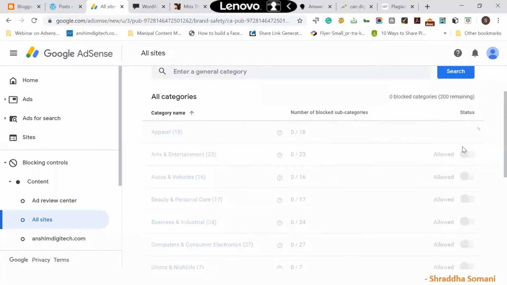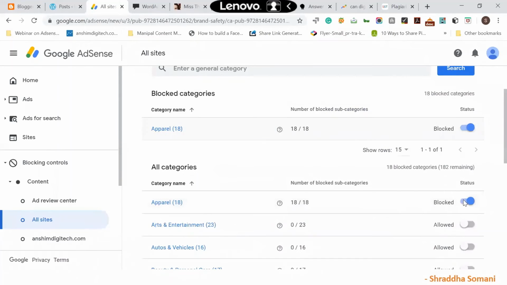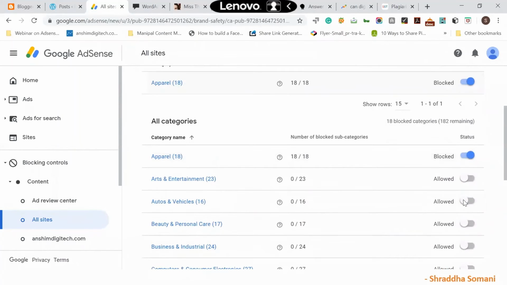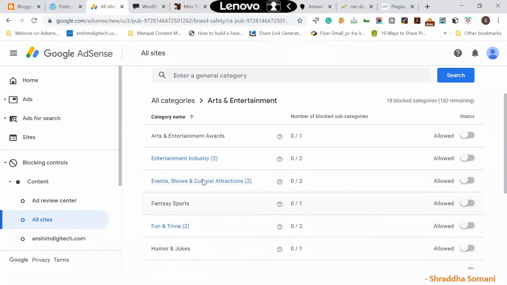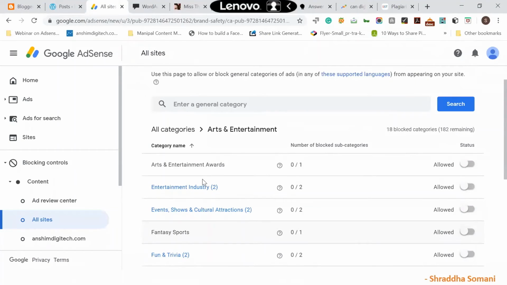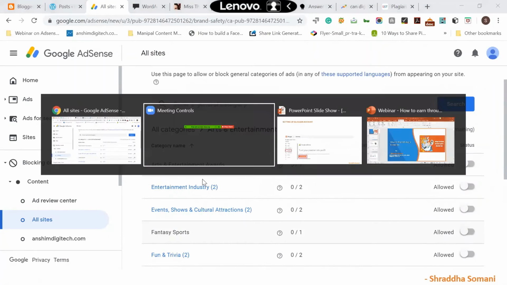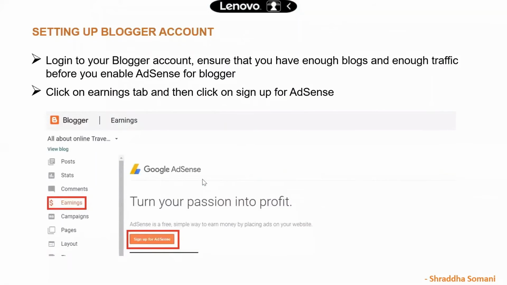Here I have to allow whichever categories' ads I want to show. And if I'm not allowing entertainment, it simply means that I'm blocking that category, right? So entertainment again has subcategories over here: movie, films, music, audio, right? So I can select the categories whose ads I don't want to show. All right, so this is how I can block it, right?